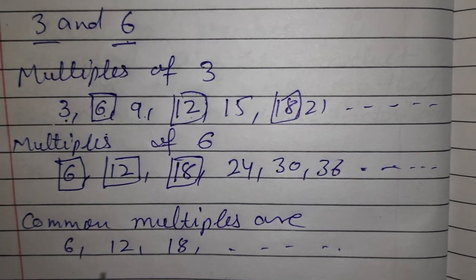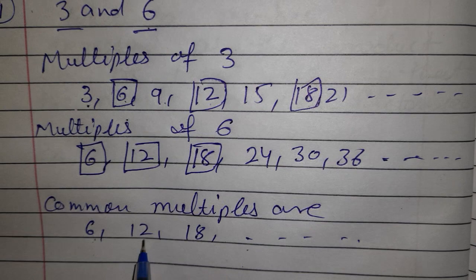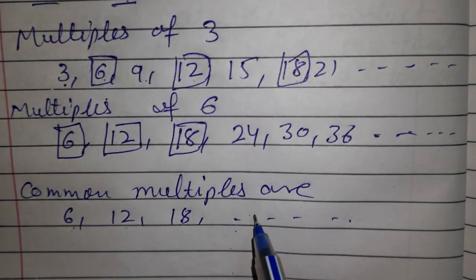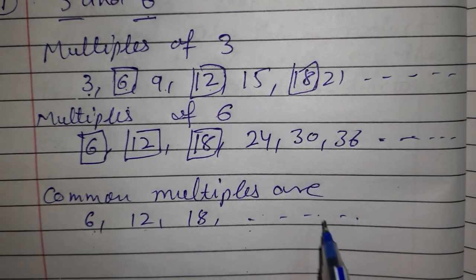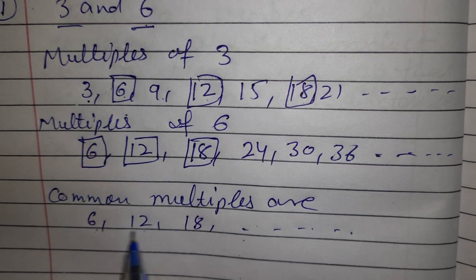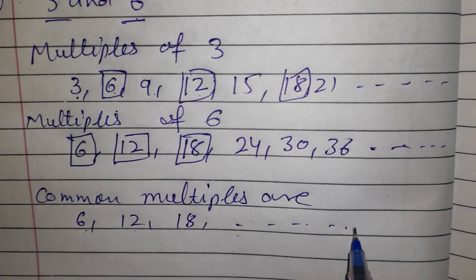Now students, just see what this is. This is also the table of 6: 6 1 6, 6 2 12, 6 3 18. Now whatever comes here, that way you find the common multiples of any given numbers. So once you find the first number, write that number's table, multiply by 1, then 2, then 3, then you will get the several common multiples.